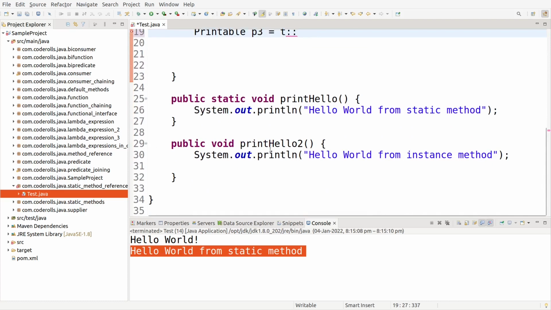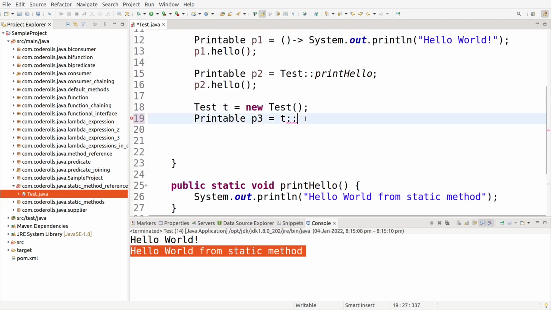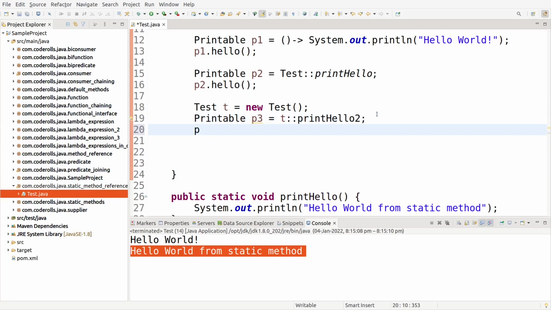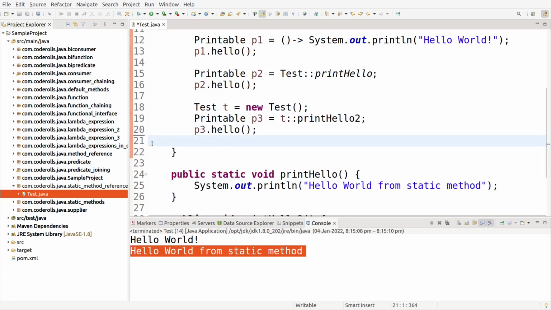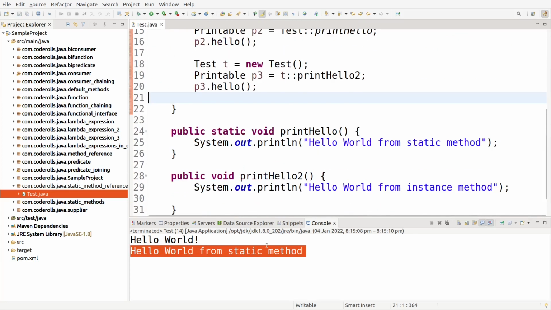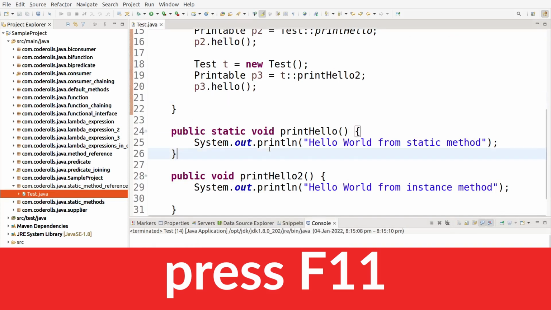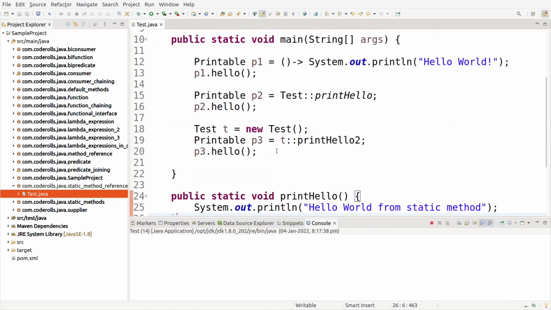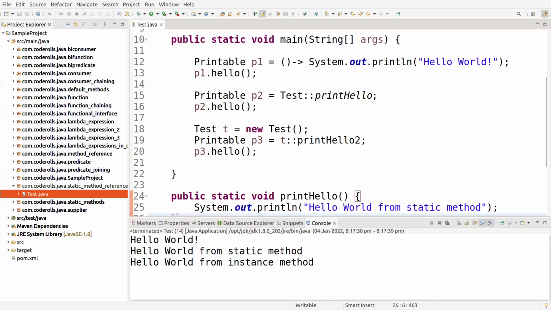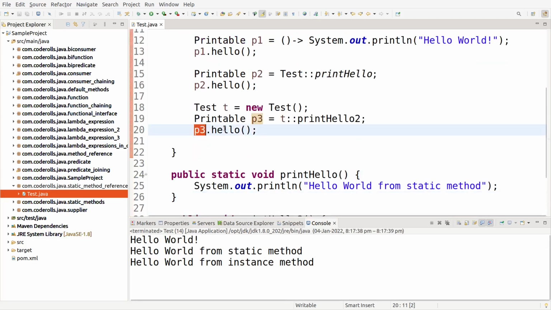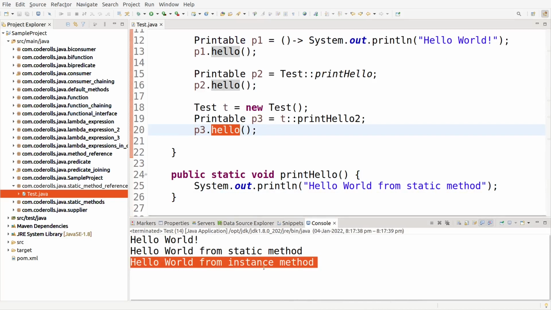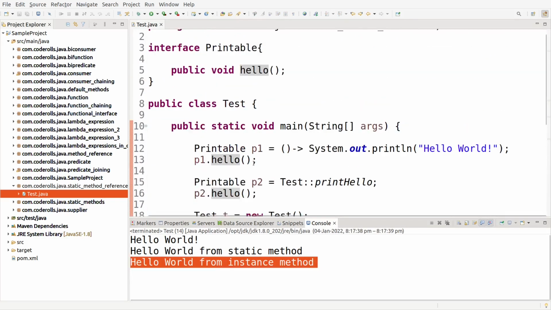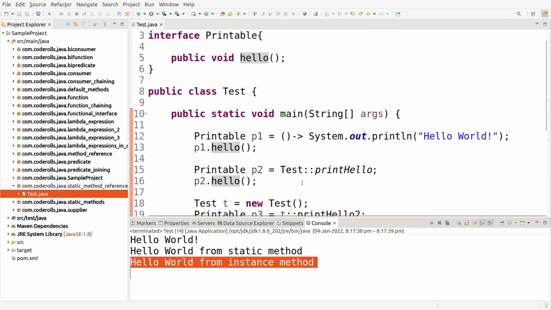What is the instance method name? printHello2. You can paste it here and simply add the semicolon. Now we can invoke the hello method using p3. Save it. I will clear the console and run it again. You can see p3.hello is printing hello world from instance method. So this is the simple example for the method reference concept.